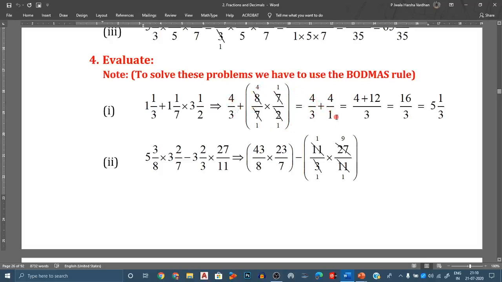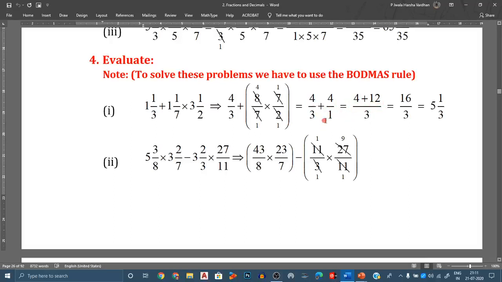Now you can take the LCM for this. To add the fractions, you have to take the LCM of the denominators, which is 3 ones are 3 here. Now how many times does 3 divide into 3? 1 time. 3 ones are 3. Now multiply that 1 with 4, which is 4 ones are 4, plus. Now how many times does 3 divide into 1 here? 3 times. 1 3s are 3. So now multiply the 4 by 3. 4 3s are 12.